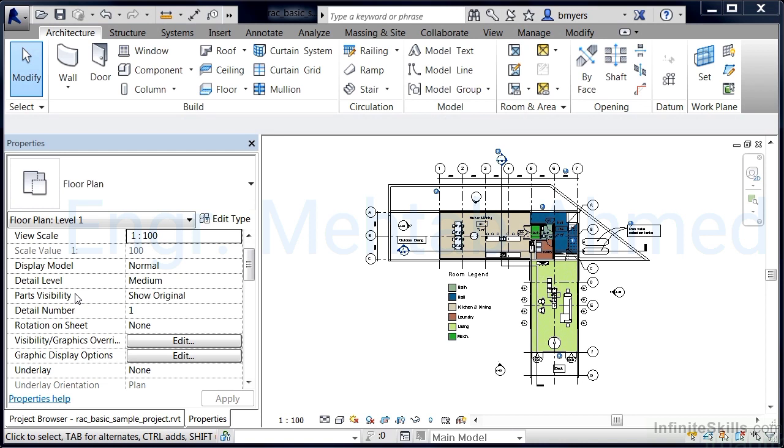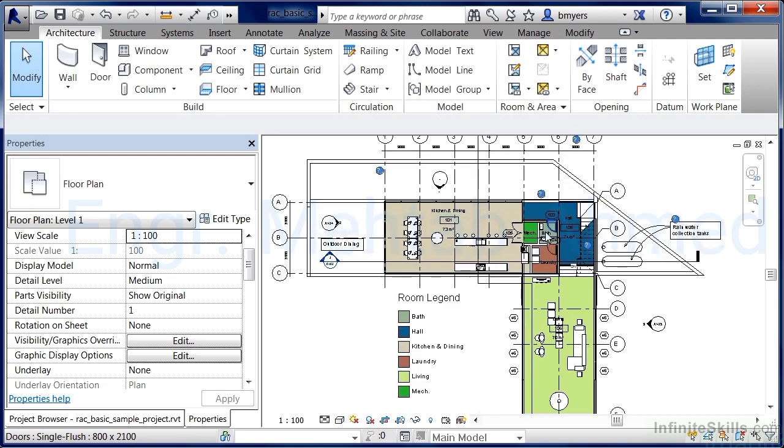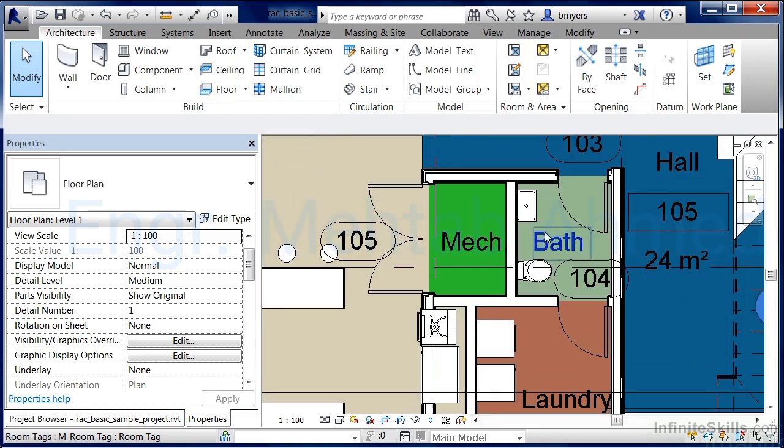To do this, I'd like to change a couple of the doors that are inside of our bathroom currently. And we can find that bathroom right in this area over here between the blue and the green colors. Our best bet is to zoom in on that area. So simply somewhere out here in the white area, click once. That activates the view. Move your cursor so it's right in the area where that bathroom is located. And now move the wheel on your mouse, just spin it up and that will allow you to zoom in